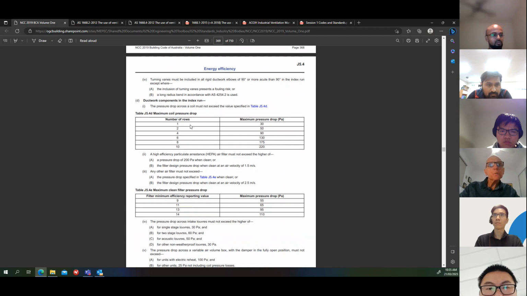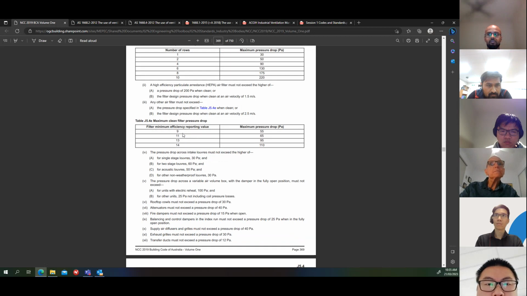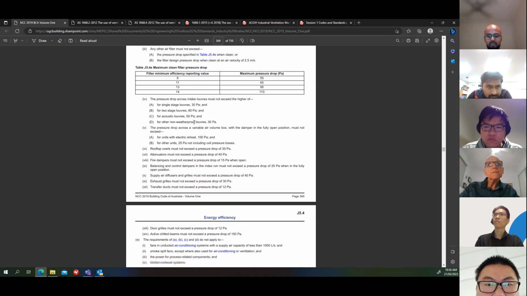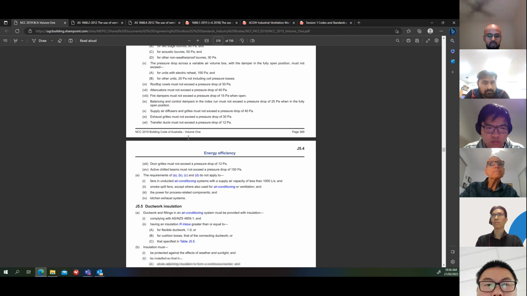And maximum coil pressure drops, maximum filter pressure drops, maximum clean filter pressure drops. So you need to comply with this, and you can use that in your calculations, but then you need to select a filter that will comply with that. Pressure drops for intake louvers. It's another subject we can talk at length about, and we'll get into that a bit later in the sessions, and so on. Then you've got ductwork insulation requirements,